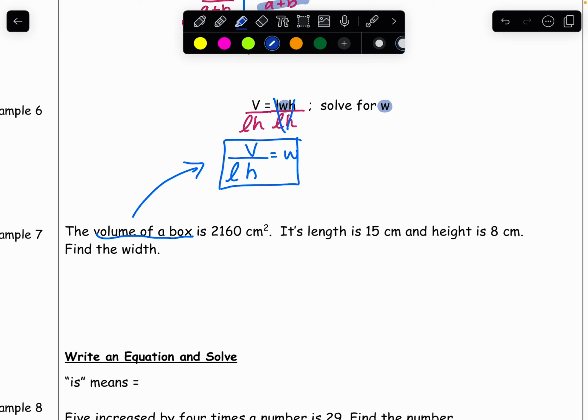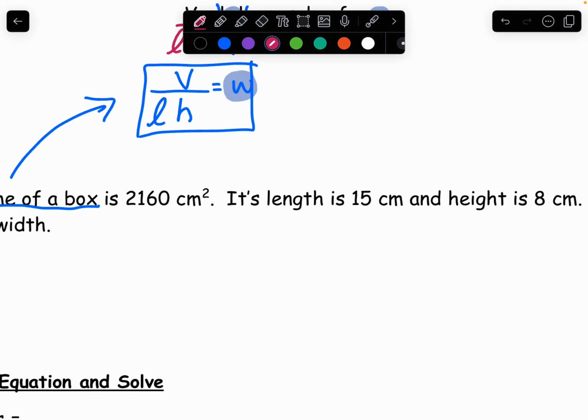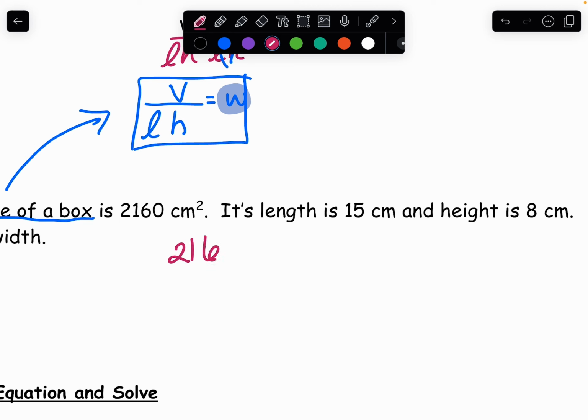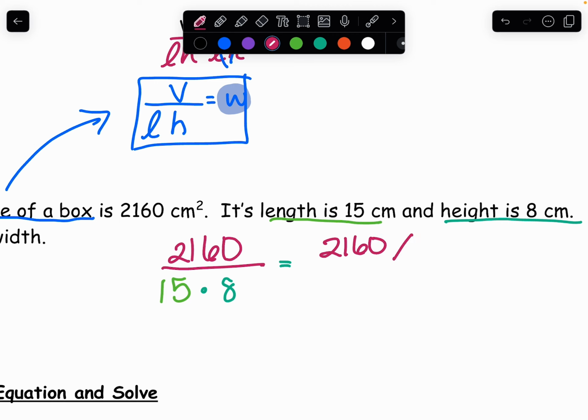Well, in our previous problem, we found the formula for width, because that formula above that we were given is the formula for a box. So we can plug in 2,160 for the volume. Then the length is 15, times the height, which is 8. When I plug this into my calculator, I'm going to do 2,160 divided by, I'm going to group parentheses, 15 times 8. Those parentheses help the calculator know that 15 and 8 are in the denominator to get,